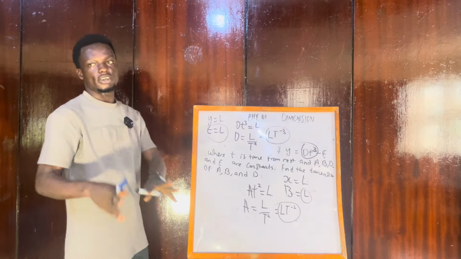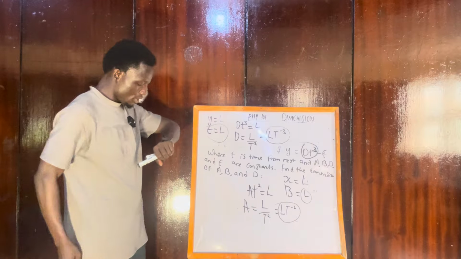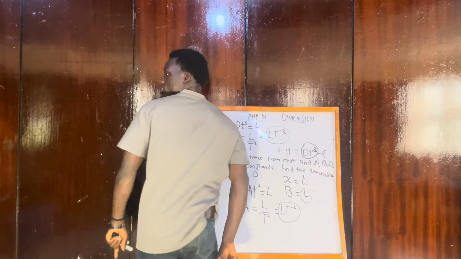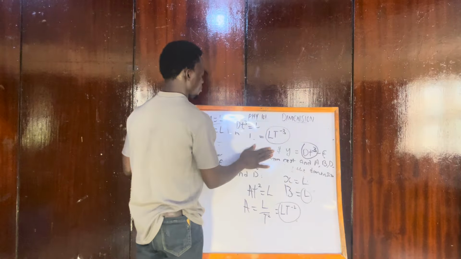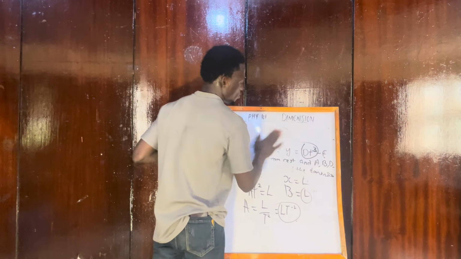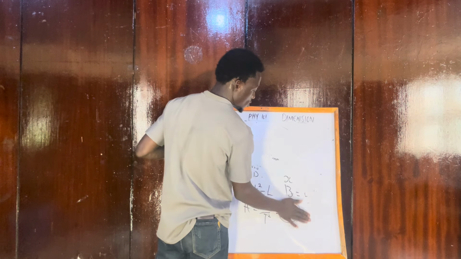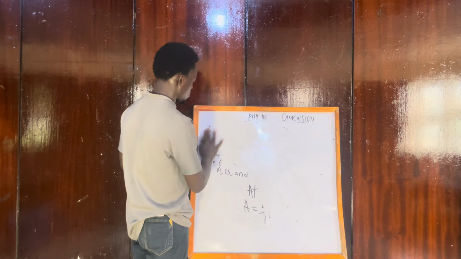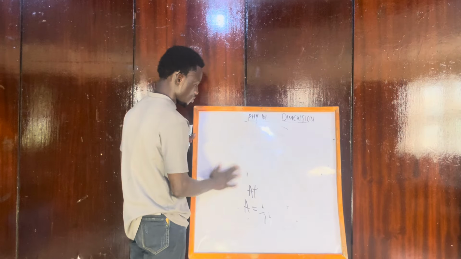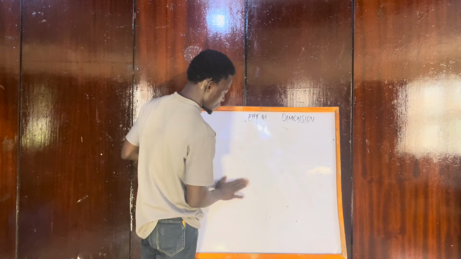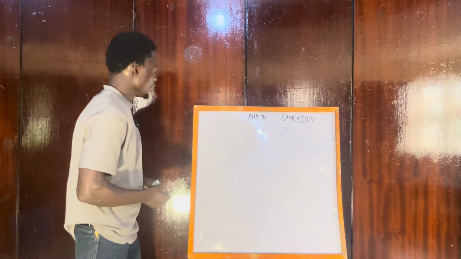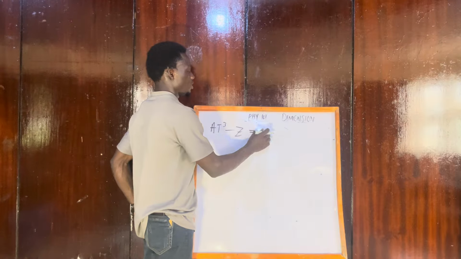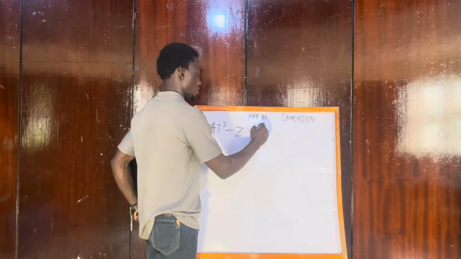So these are the basic understanding you need on dimension. Now before we end the class, let's quickly see another question. So now let's say if you have At cubed minus Z equals P,